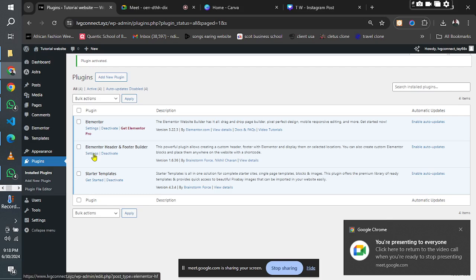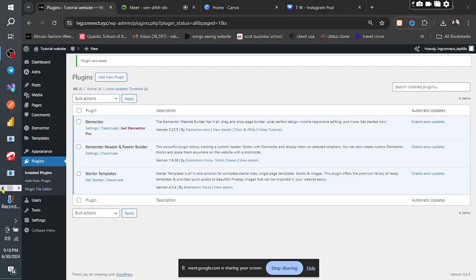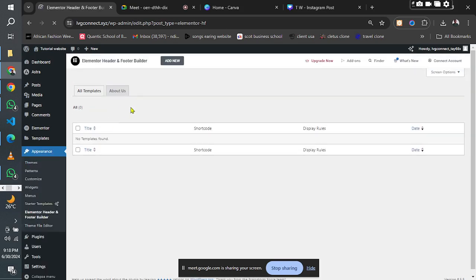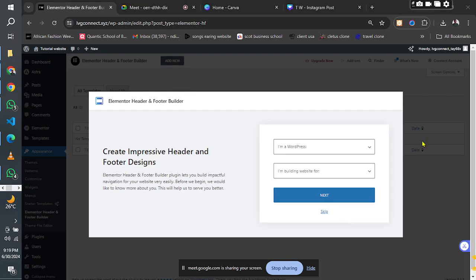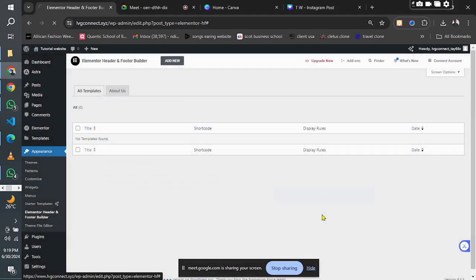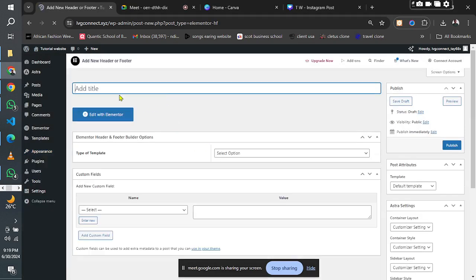So for the Elementor header and footer builder, we simply come here to settings and we install the header and the footer. Okay, so we just go to add new. We go to skip this. So we go to add new. Now we give this header and footer a name. So we say header. We call this default